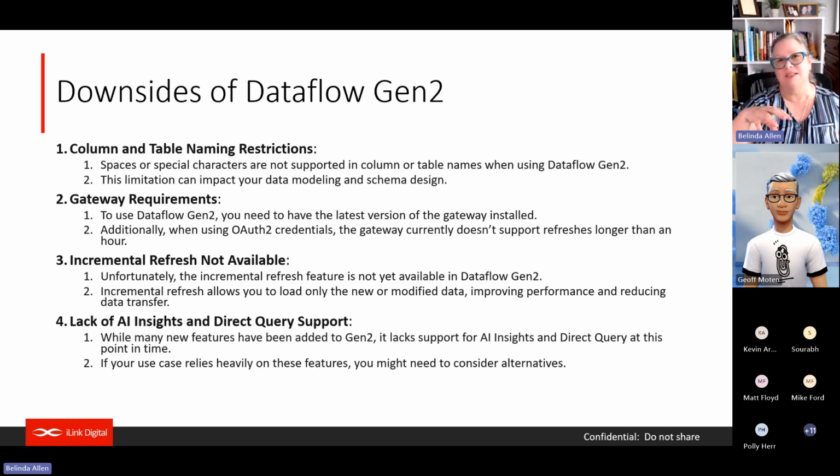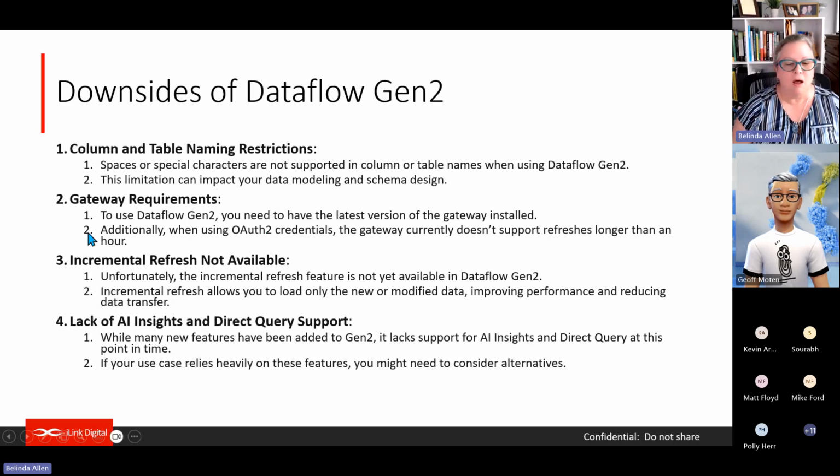So you'd have to have an F64 license in order to get the Copilots and some of the other AI. So note that. But also, starting at the F64 license, that's where report consumers don't have to have a paid license. So again, there is a trade-off where there's a point where it becomes cheaper to get the F64 than to get the Copilots with it.